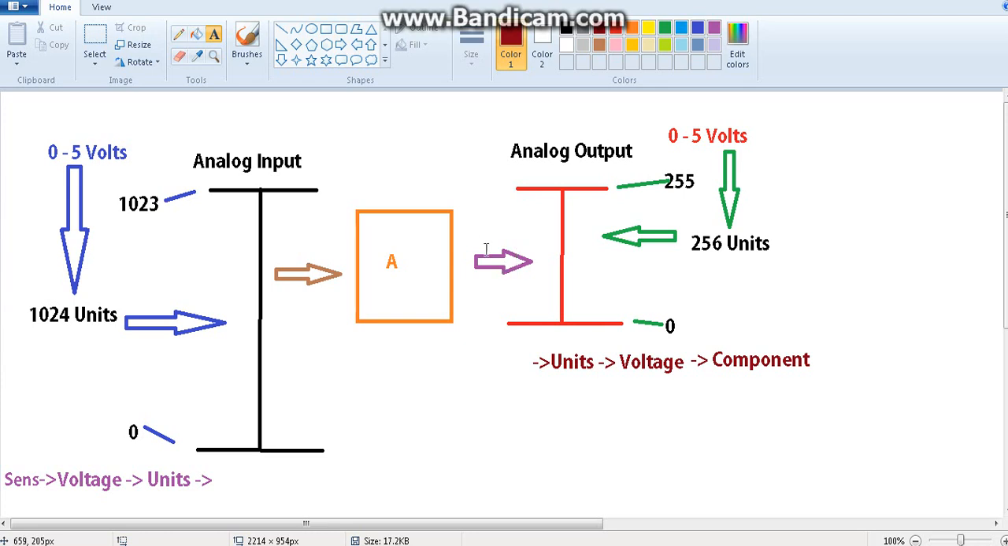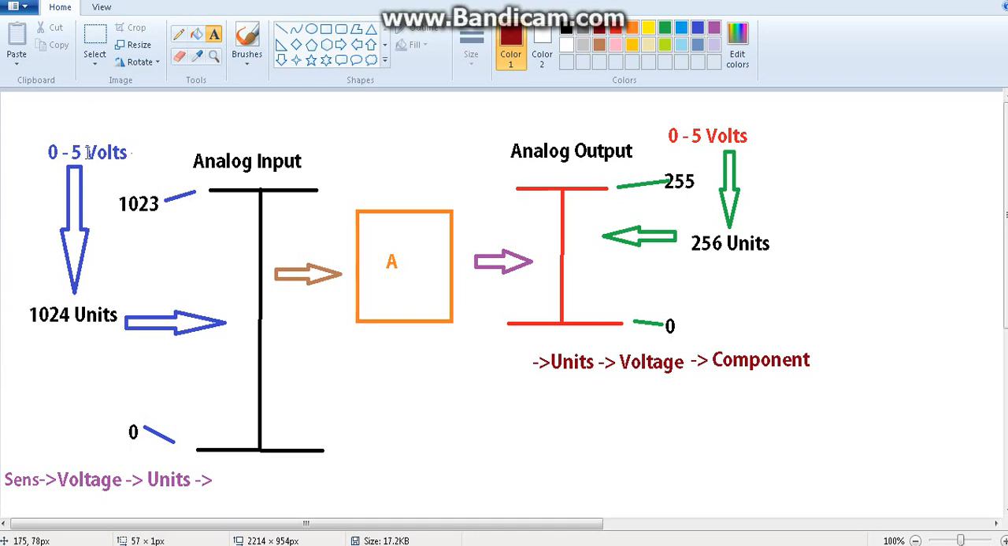Hello everyone, in this video we can see a summary of the functionality difference between an analog input scenario and an analog output scenario. Okay, so if you look at the left side diagram of the screen that is appearing in front of you now, you can see